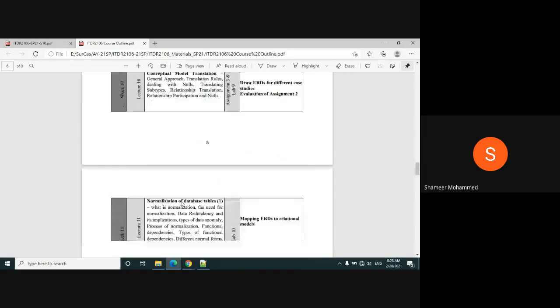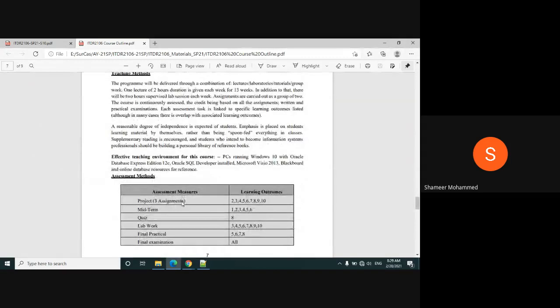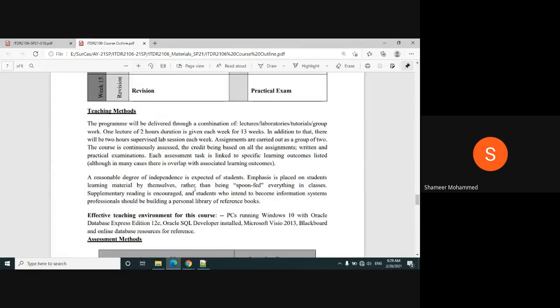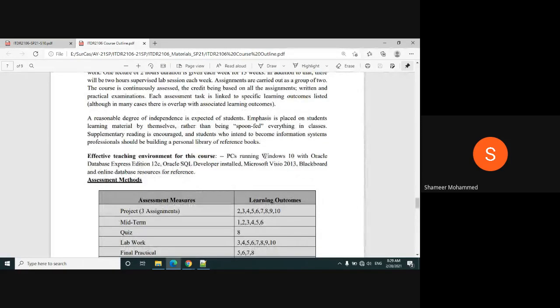Now let us come to the teaching methods. What we use is 2 hours of lecture and 2 hours of lab. And what are the softwares you require? These are the softwares you need to have: Windows 10, Oracle Express Edition, Oracle database.